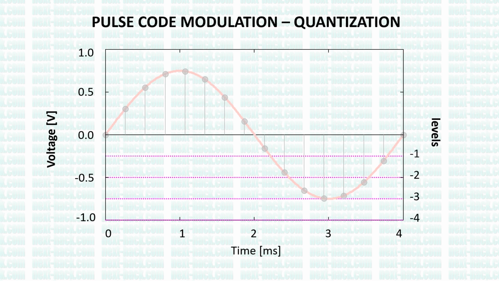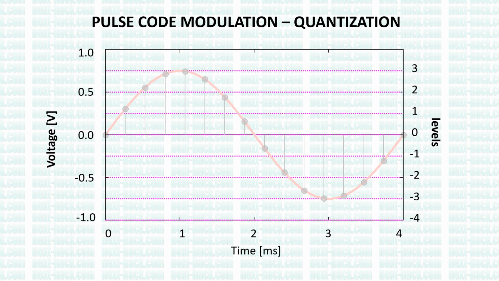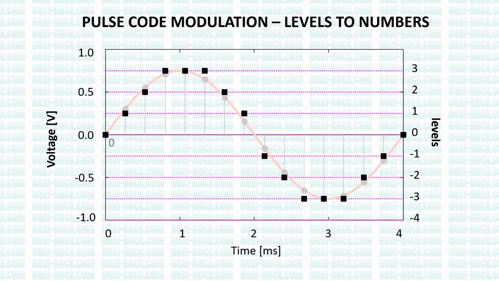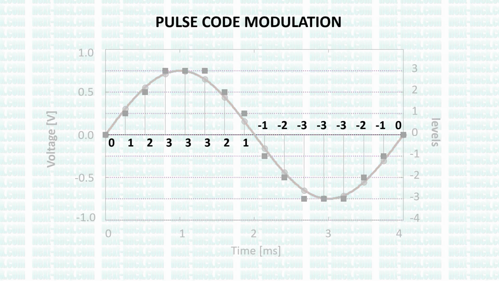In fact, once we choose the number of bits per sample, we determine the number of levels that each sample can assume. For instance, using 3 bits per sample, we have 8 levels, which we marked with the horizontal dashed lines. For each sample, we look at the level that best approximates the original value. This operation is performed by the ADC, analog to digital converter. For each quantized sample, we store in the file the number of the corresponding level.